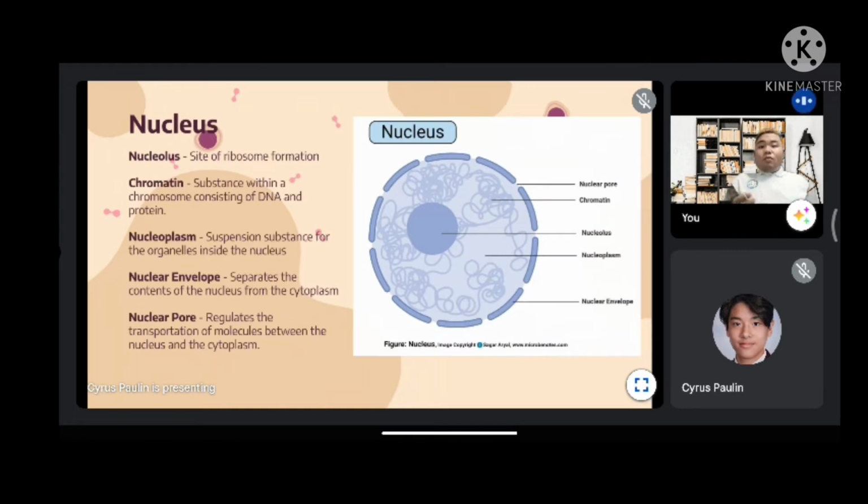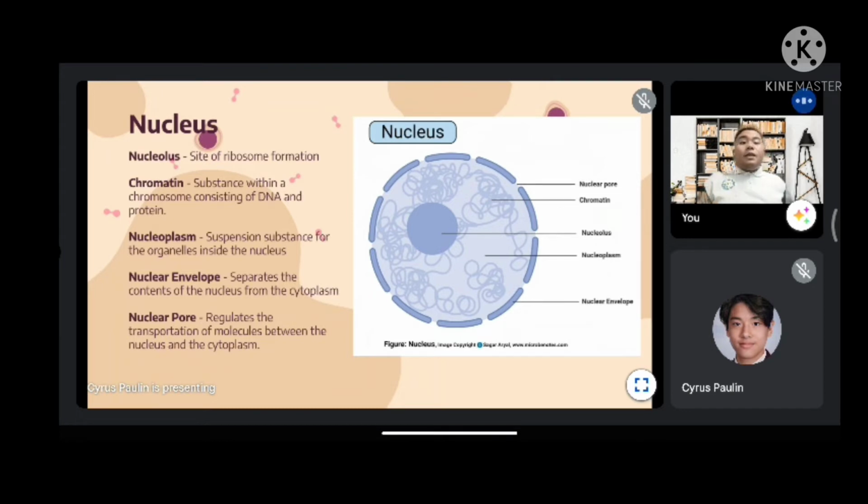Next, we have here the parts of the nucleus. First is the nucleolus, the site for ribosome formation. Chromatin holds the DNA or the chromosomes. Then we have the nucleoplasm, the suspension substance for the organelles in the cell nucleus. The nuclear envelope separates the contents of the nucleus from the cytoplasm, and the nuclear pore regulates the transportation of molecules between the